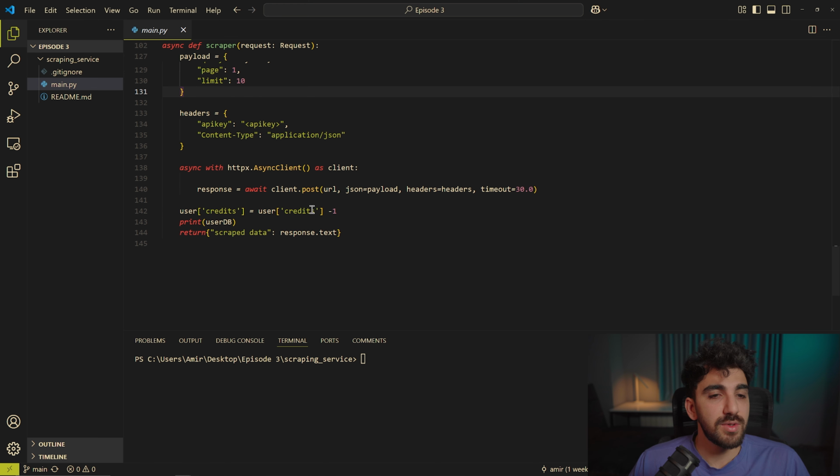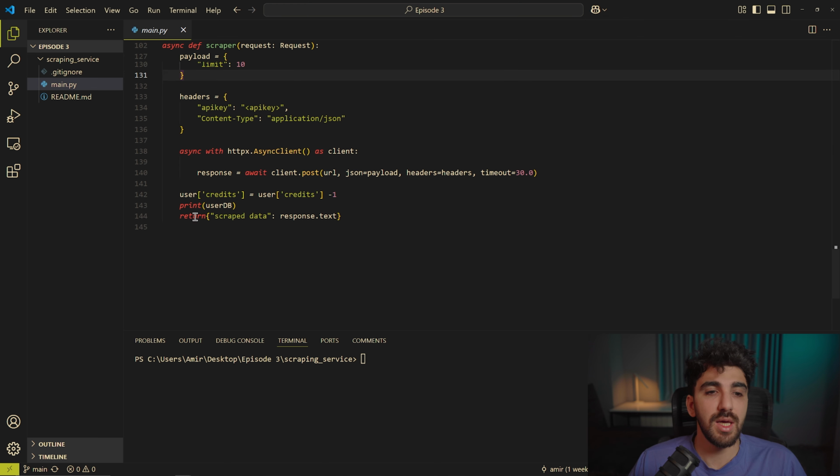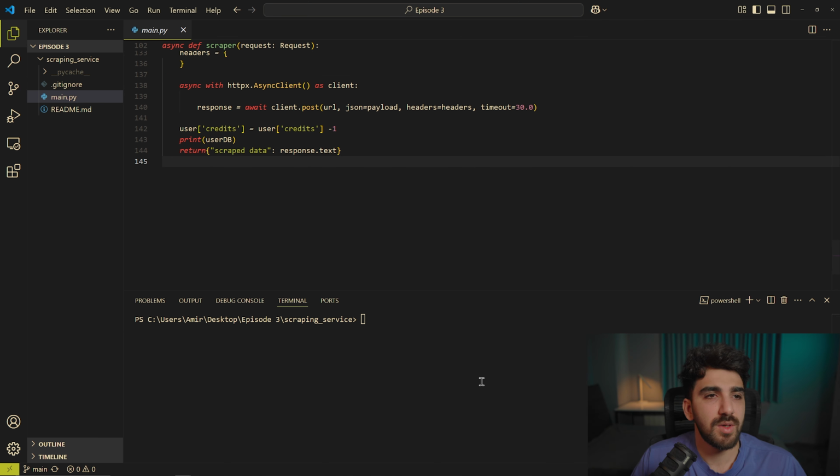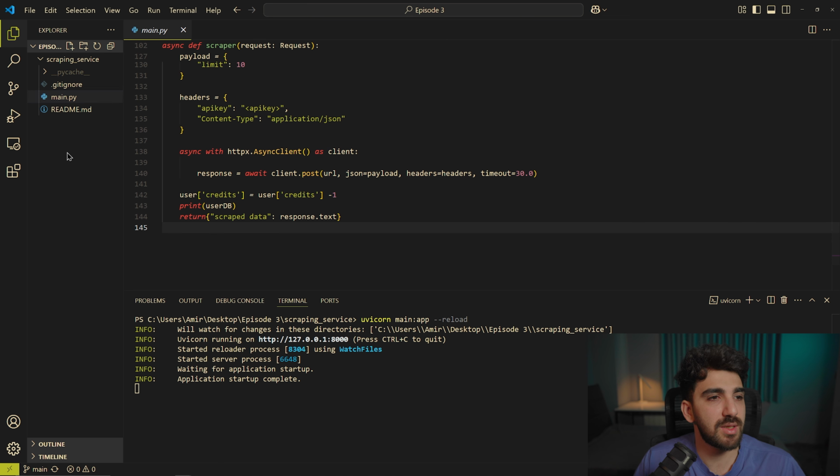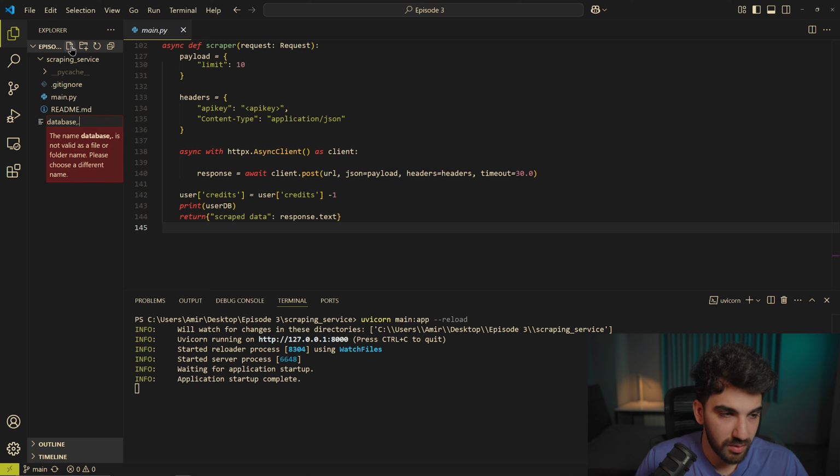And then we used async programming because we are in an async environment, we are on FastAPI, and we scrape data, we send post requests, we charge the user, and we just return the scraped data to the user. So let me just run the server that we have, and let me create a Python file for